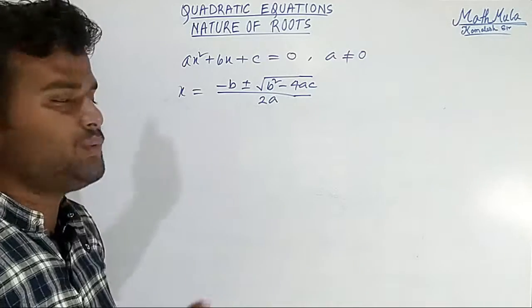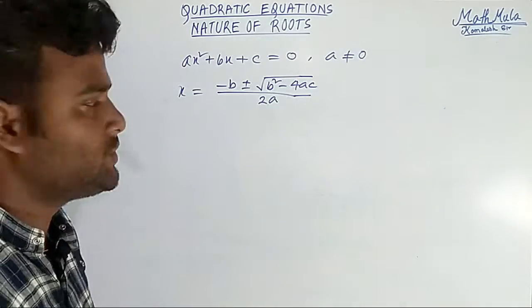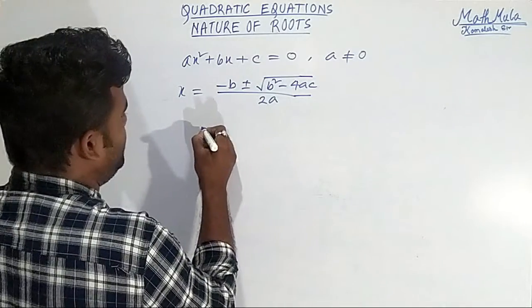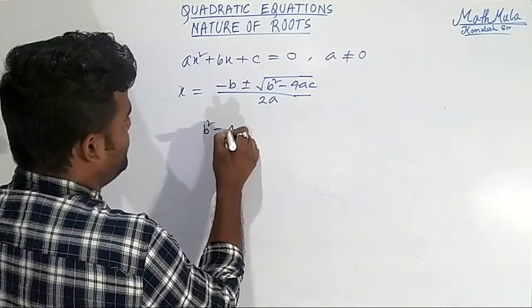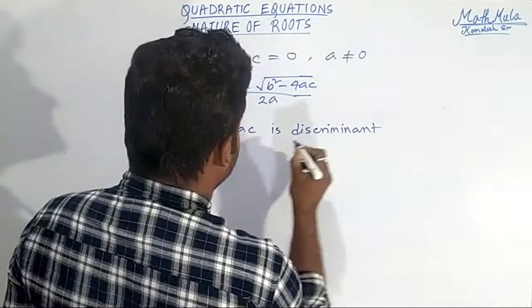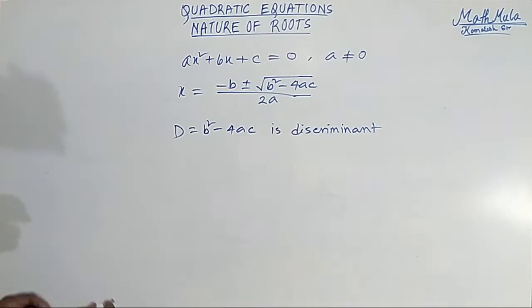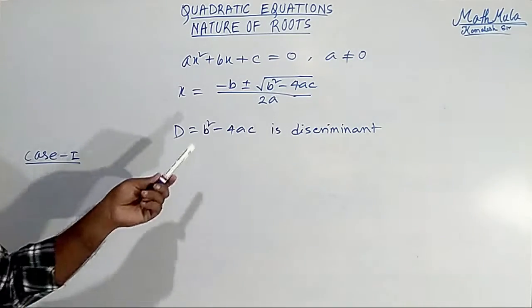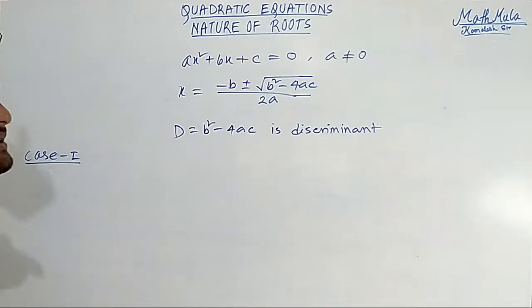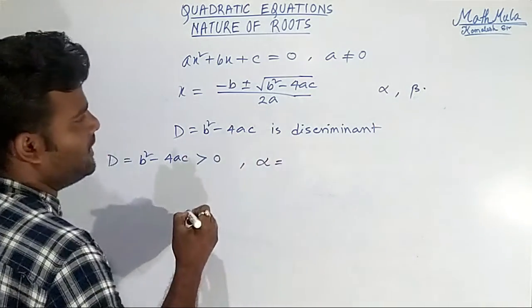The b² − 4ac defines the nature of roots. So we call b² − 4ac the discriminant, and it is denoted by D. Okay. Now case 1. If this discriminant is greater than 0, then the roots are, by Sridhar formula, alpha will